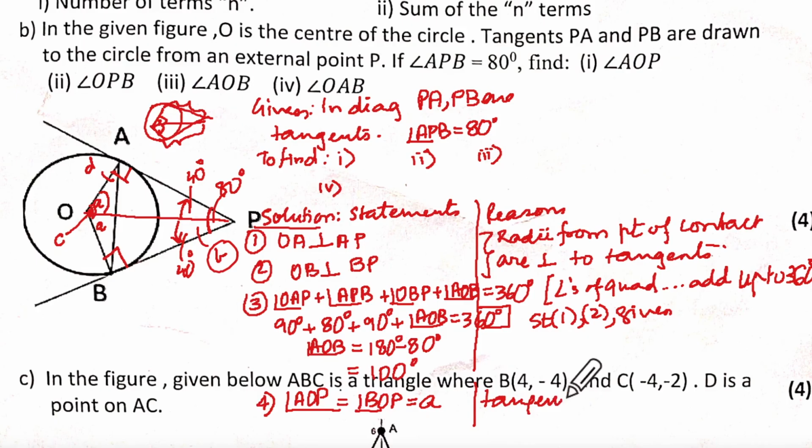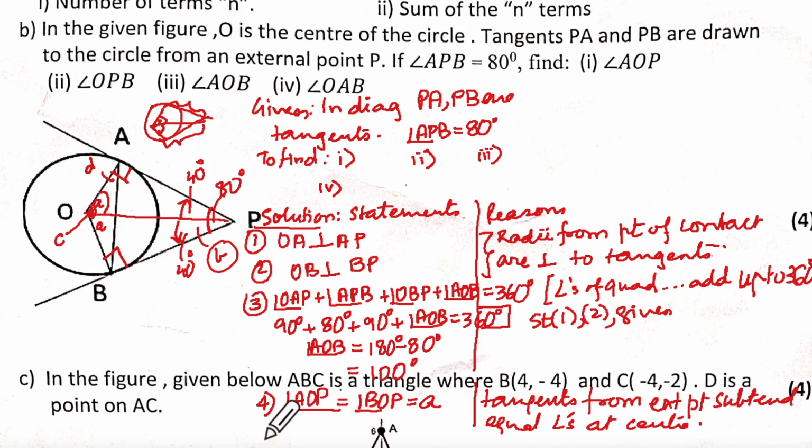Tangents from external point subtend equal angles at center. Understanding? Yes. Now statement number 5, I will say angle AOB is equal to, it is the sum of AOP